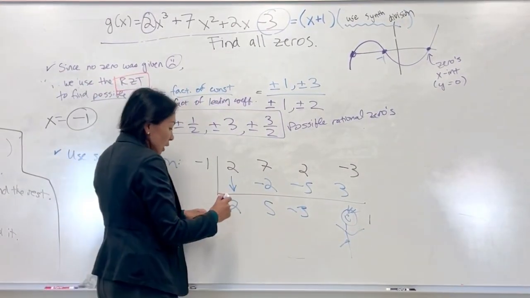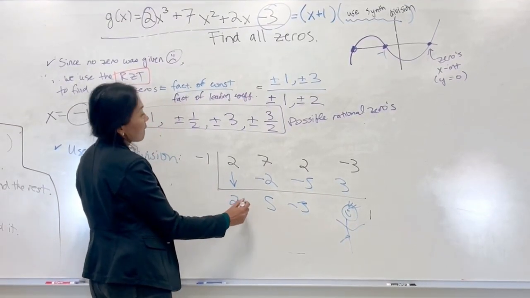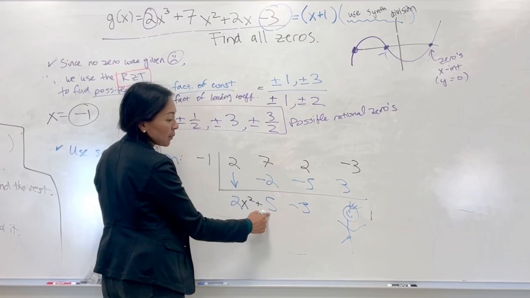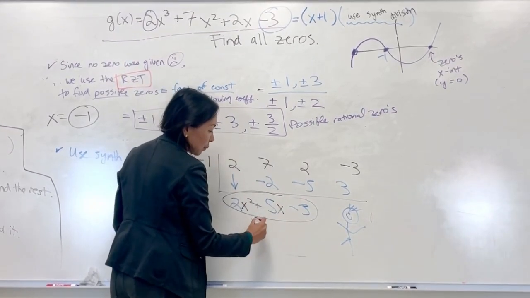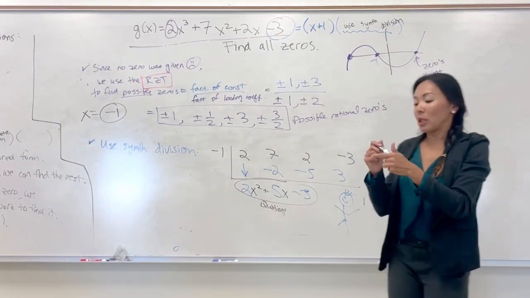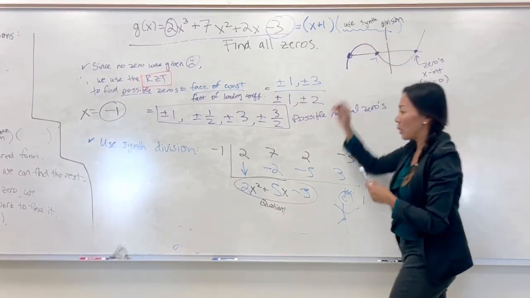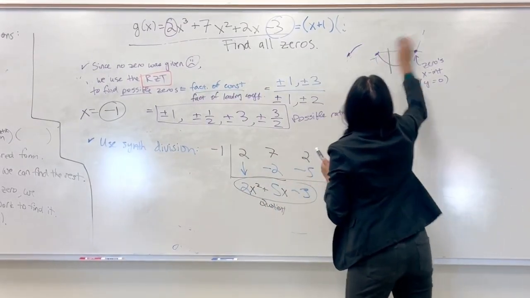Great, so here, what variables do I put here? 2 what? 2x squared plus 5x minus 3. So this is the quotient. That quotient goes right here, right? We use synthetic division to find out what the quotient is. So, right there,